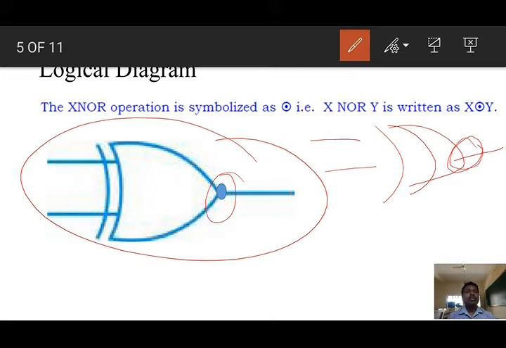The logic symbol of the XOR gate has a plus, and here one dot and a circle. Can you identify the difference? It is exactly equivalent to an inverted XOR gate. If you use plus here, we have to use dot. Here we didn't use any circle, but here we are using a circle.